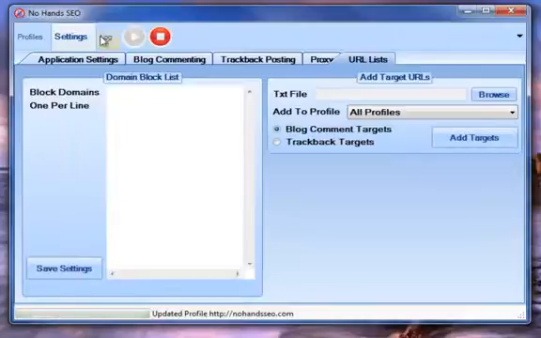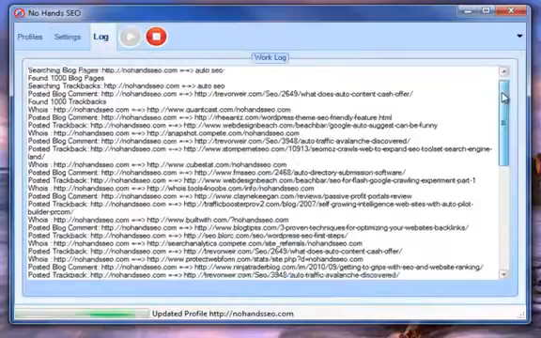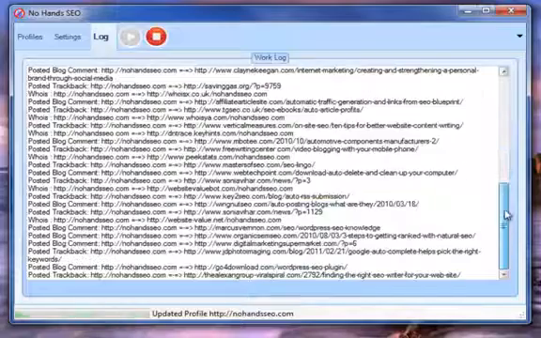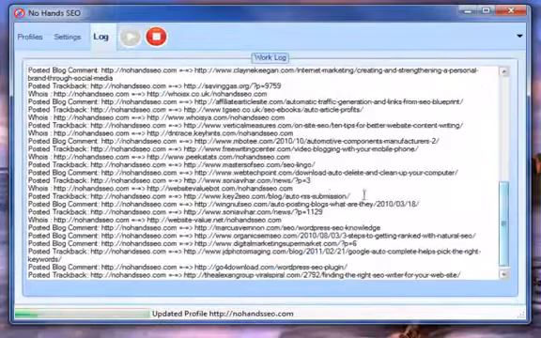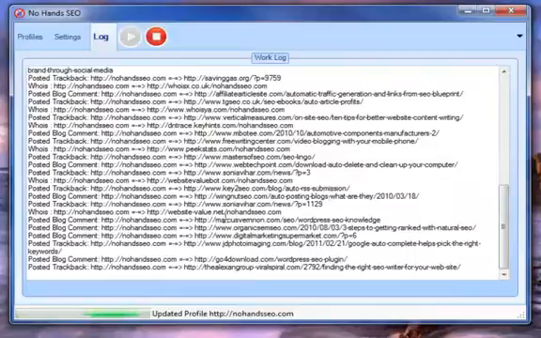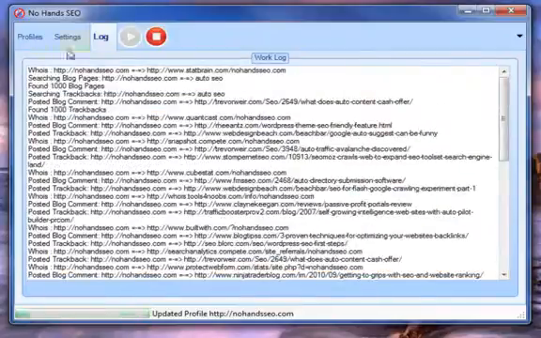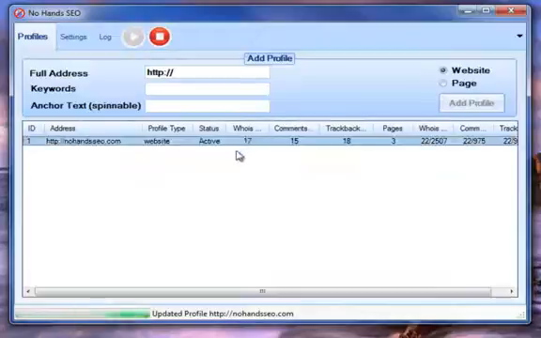I'm going to go back to the log quickly and show you. You can see, in just the few minutes that I've been talking to you about the tool and how to set it up, it's been going off and making all these links for you. And if we go to the profiles, you'll see it's already got 17 successful Who Is submission pages, 15 successful comments posted, and 18 successful